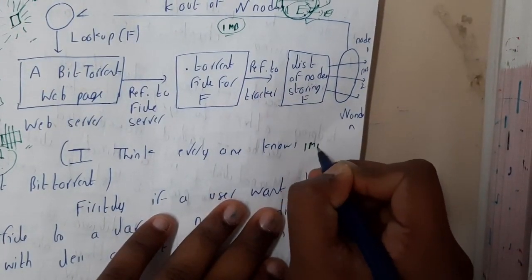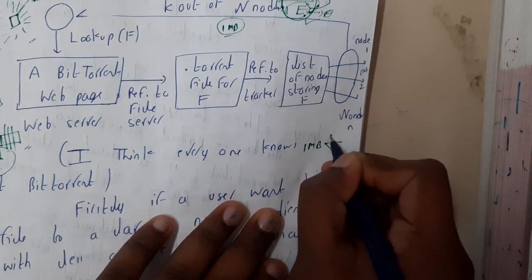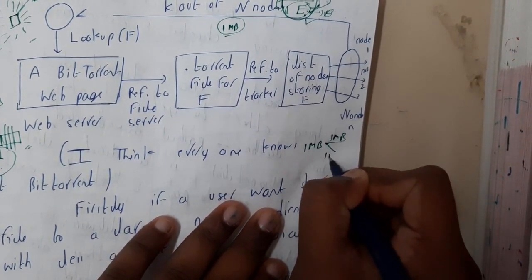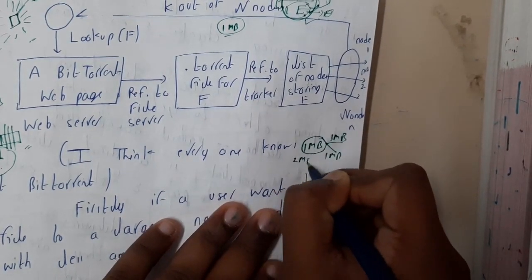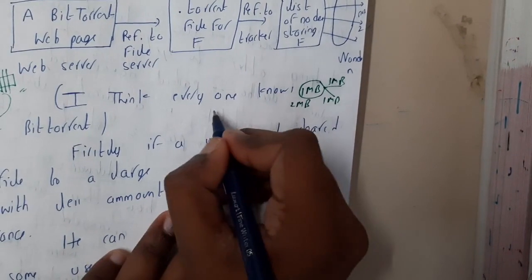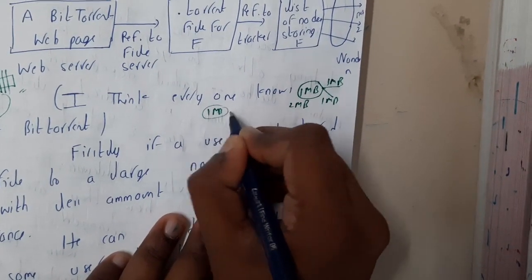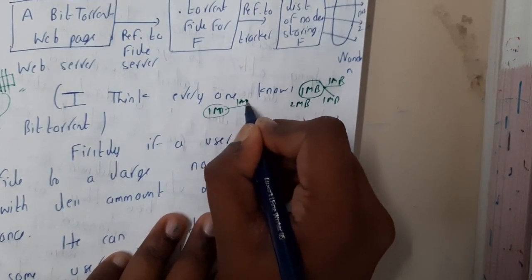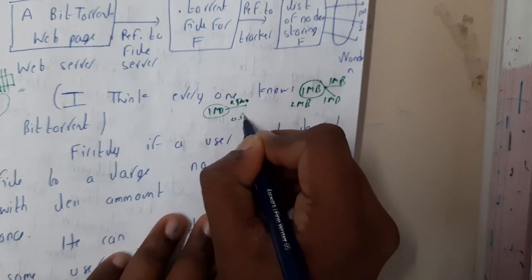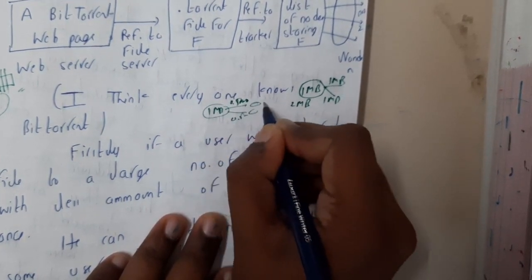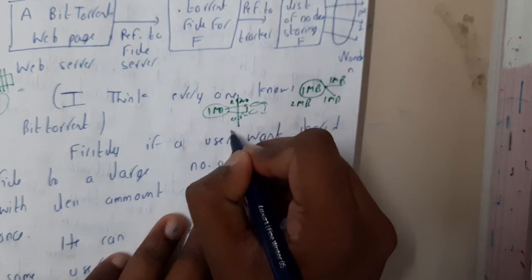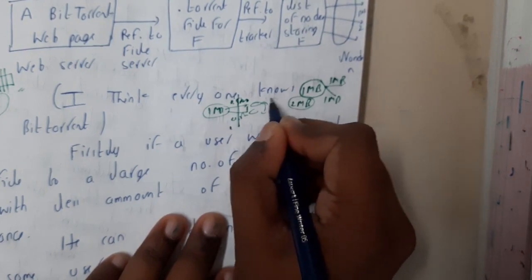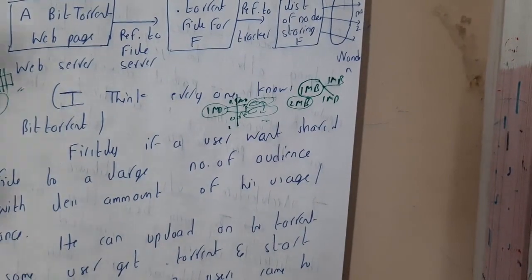So 1 MB, guys. In normal ways, if 2 guys separately download it, he will be carrying 1 MB and he will be carrying 1 MB. On the server, the total download which is done is 2 MB. With the concept of BitTorrent, if it is 1 MB, he will be giving 0.5 MB to this guy, and he will be giving 0.5 MB to this guy, and these two guys will exchange. So they will also again be charged 0.5, and this in total is only 1 MB rather than 2 MB, and among themselves it is 1 MB, 1 MB. So there is no extra charge, right? So in this way it works, guys, the BitTorrent.